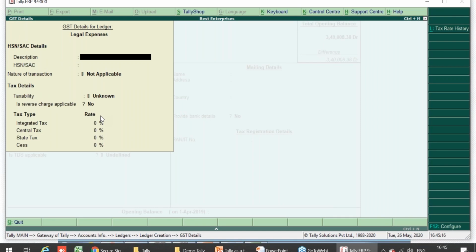So here we can give HSN wise related description. For example, I don't remember the HS code for this, but it definitely falls under 99. There is a specific description available in our annexure to notification 11. We have HSN related information, so we can put in that description here, let's say services from advocate. Whatever description we want to put, we can take it from there.